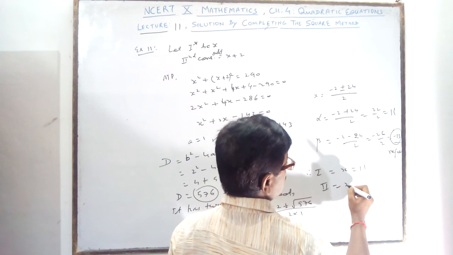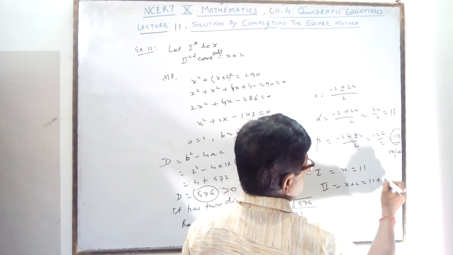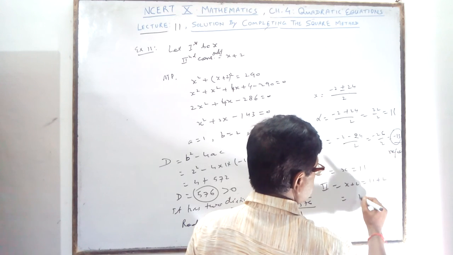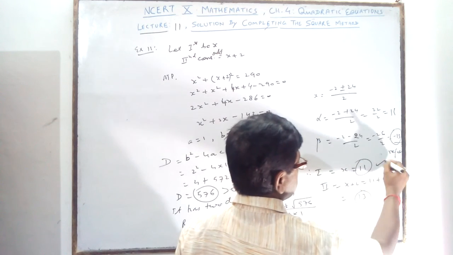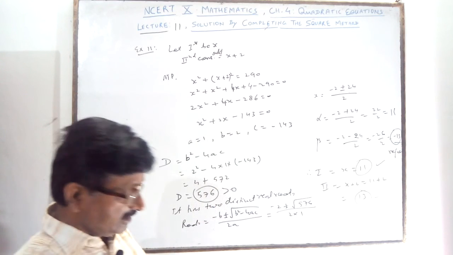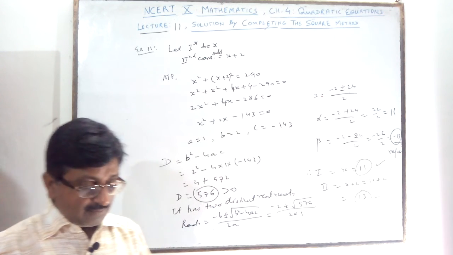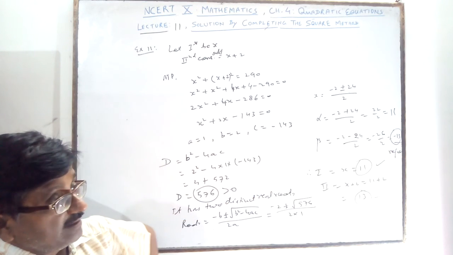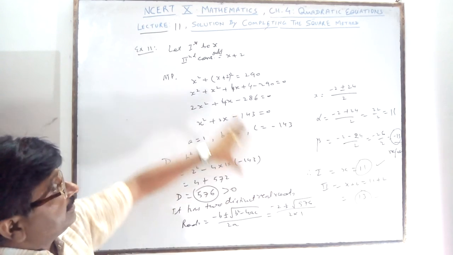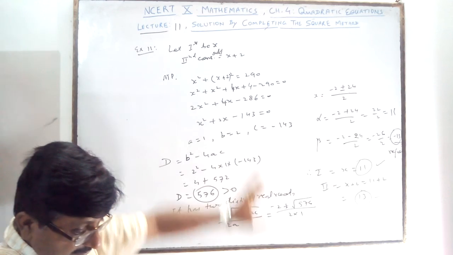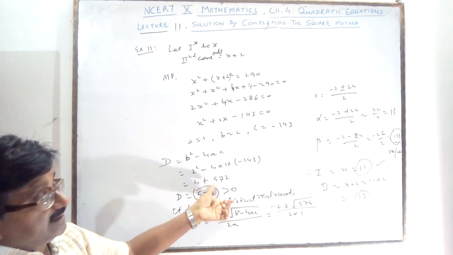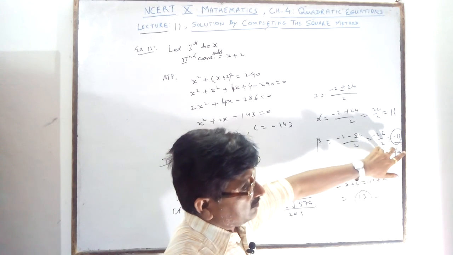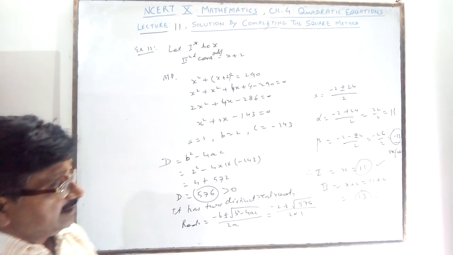Second is equal to x plus 2. 11 plus 2 is equal to 13. 13 is there, but minus 13 is negative. So your answer is 11 and 13. So there are two answers you are getting. One is 11 and one is 13. So by this equation, very easy part you are getting. Minus 13 you reject, and 11 and 13.